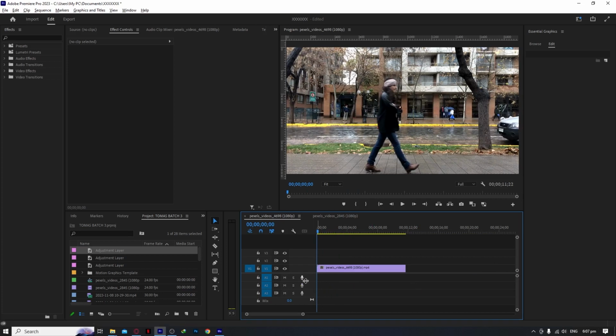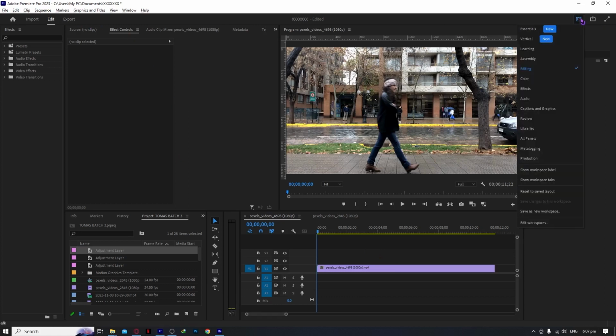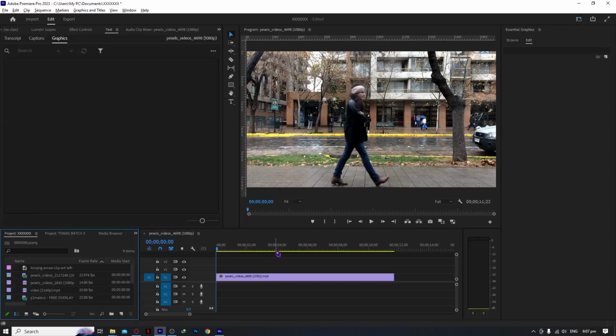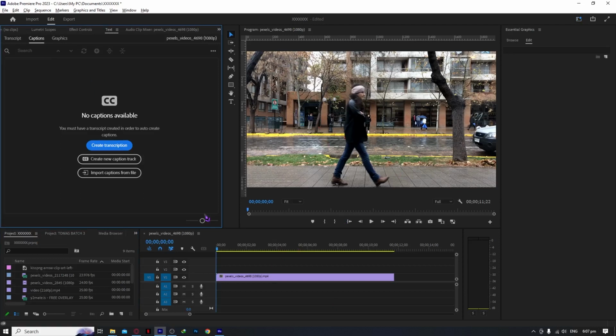As you can see, I don't have any audio, but it's fine since I'm just showing you how to create subtitles and captions. So to do that, you simply need to go into the graphics and captions. So let's find the captions right here, so you can see it right here in your workspaces, and you can go for captions and graphics right here. Click on it, and now we're here in this workspace, and we're gonna click here on captions,